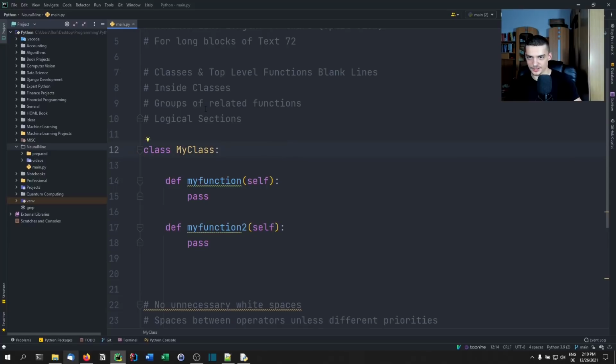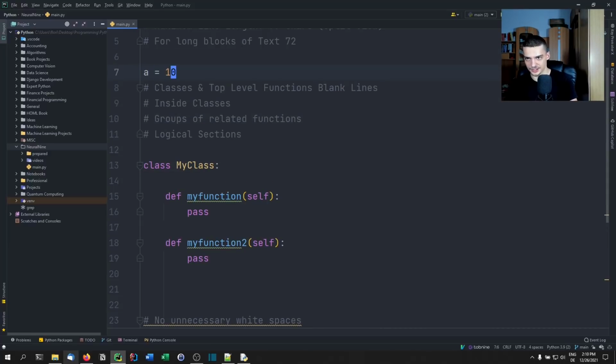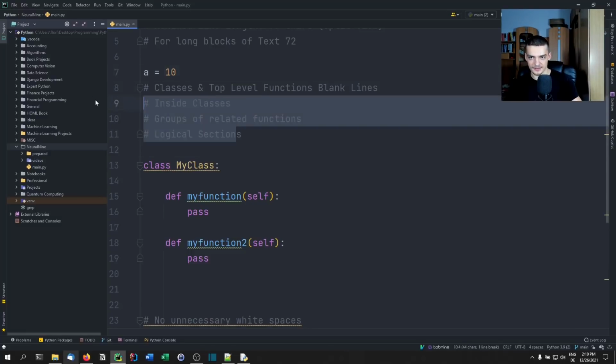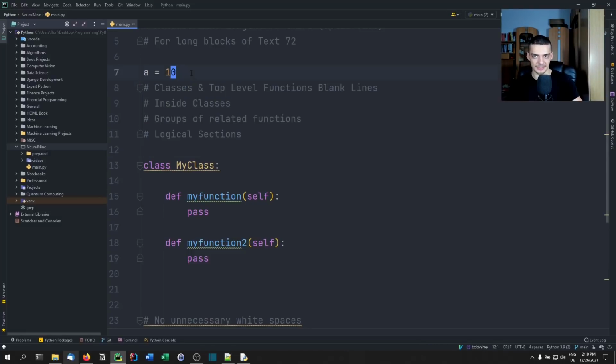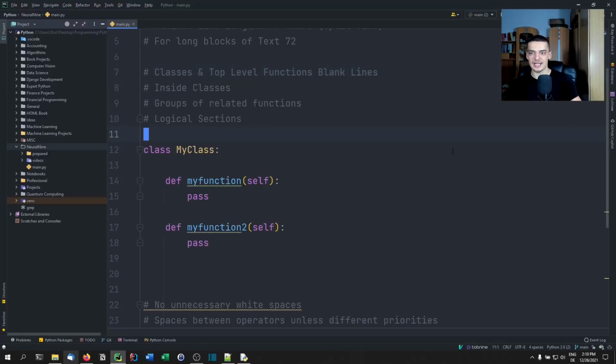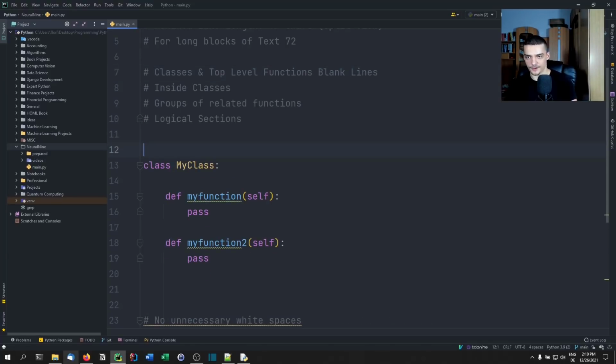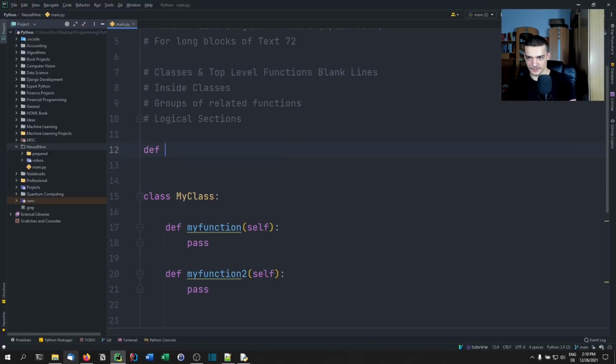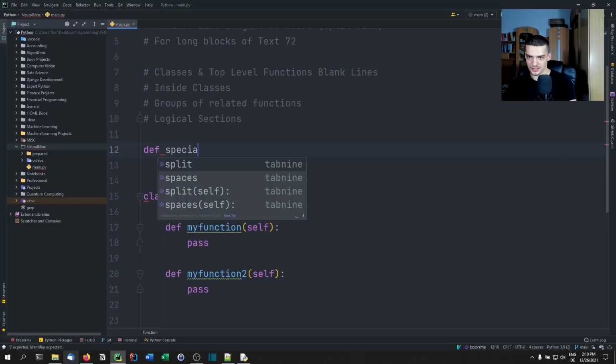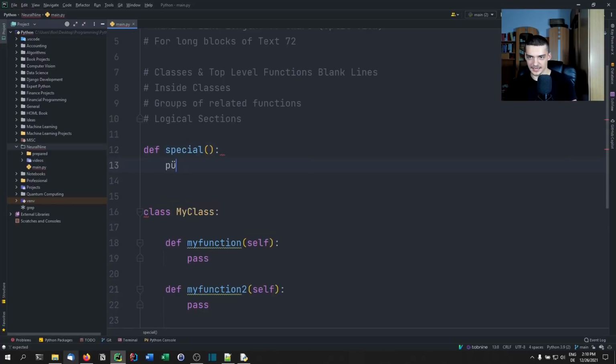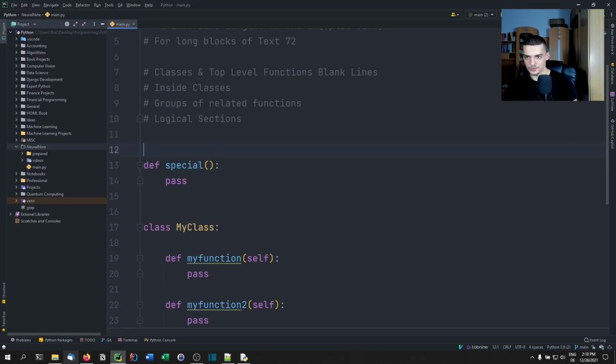So if I have a comment here, no, in this case it's not, but I think the difference is if I have a equals 10 here, then it's a problem because I don't have 2 blank lines. I have a statement, then the comments are ignored, and I have 1 blank line. So you want to have 2 blank lines when you define a class or when you define a top level function. So if I say here special and then I pass, you want to have 2 blank lines before that